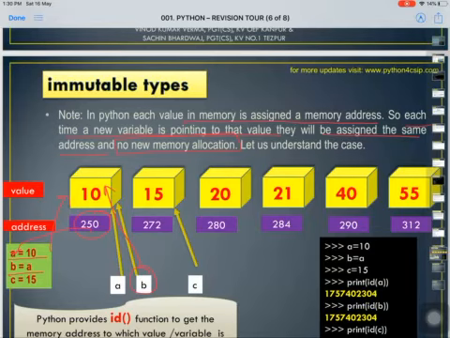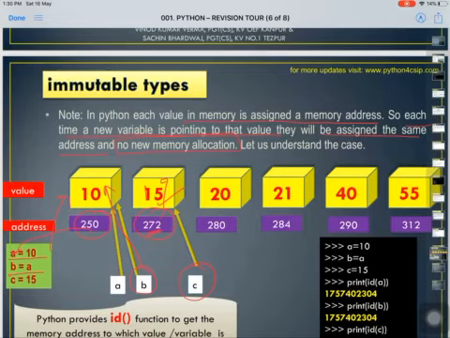Now see, 15 is another value in the memory, whose address is 272 and is being referred by the name C. So C is a variable which is pointing to the memory location 272, which is holding the value 15.